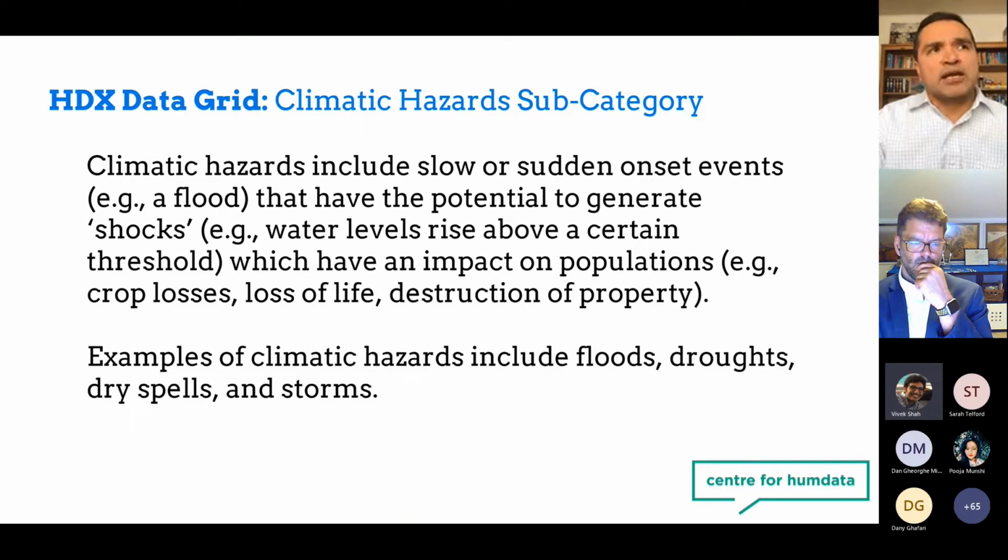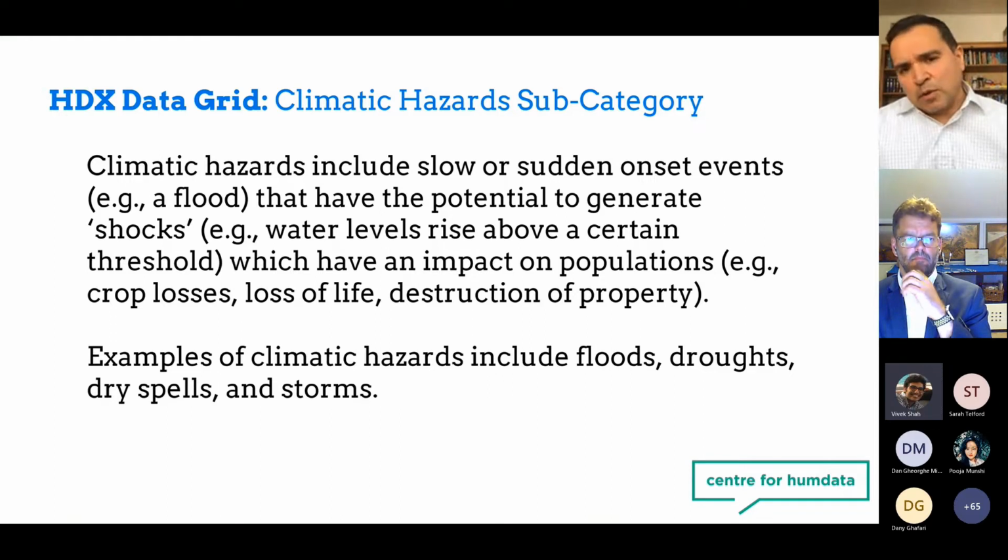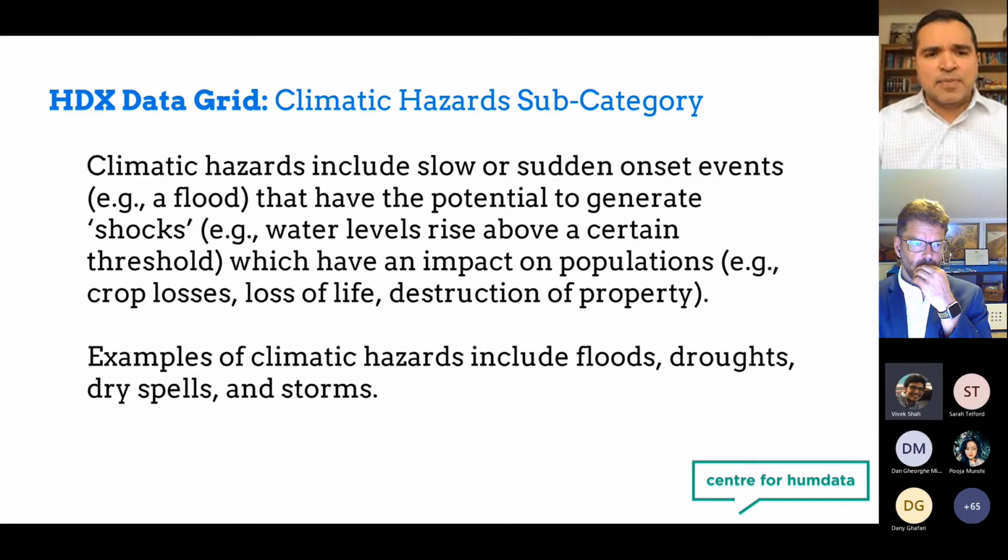Also, as part of the data grids, we are introducing a new category that has to do with climatic hazards. That data has been proven to be essential and super important nowadays, not only because the community is asking for it, but also because my colleagues on the predictive analytics team are using this data for anticipatory action. So we are starting this year, we are introducing a category that will be looking for Excel spreadsheets, CSVs,